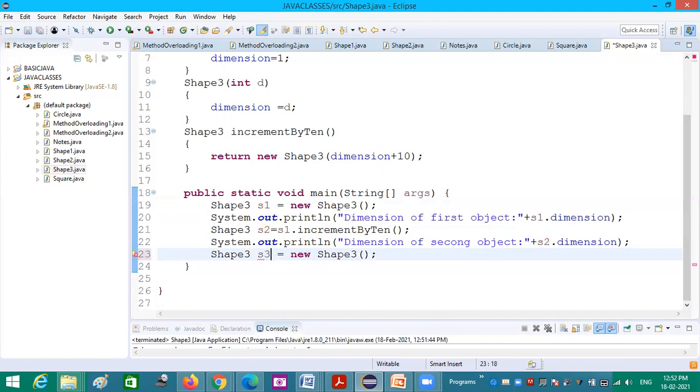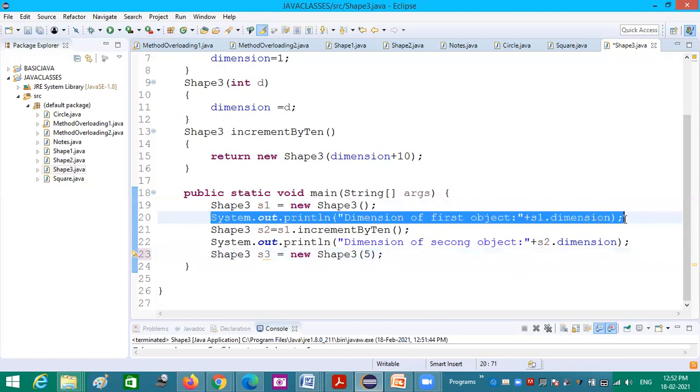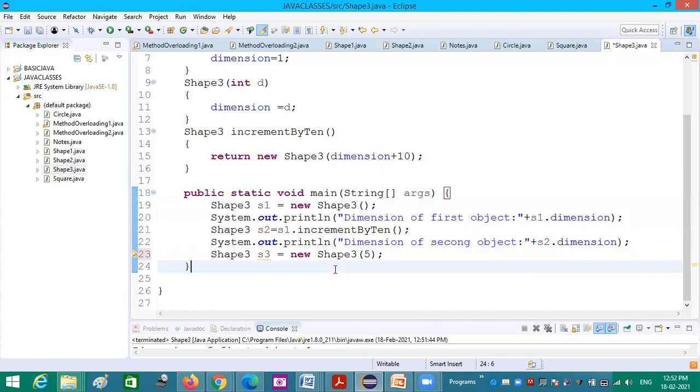So now this is S3. For this I am trying to pass a value 5. Okay. So now this time if I call increment by 10, I am giving here dimension of third object. Third object is S3.dimension.